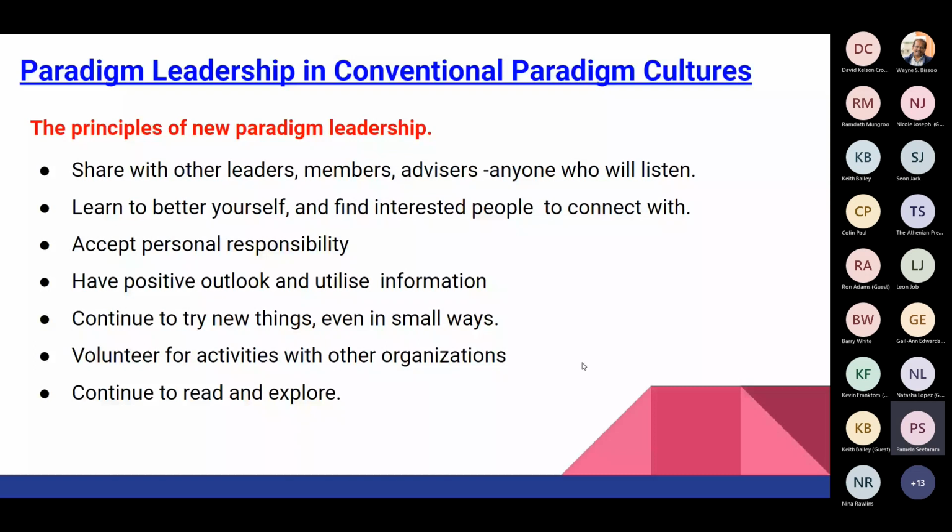You continue to try new things, however small. You just try something new. You volunteer for activities with other organizations, and you continue to read and explore. And then we move on to the other slide, which deals with the